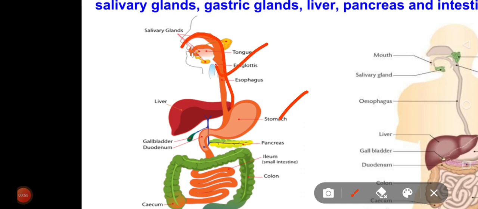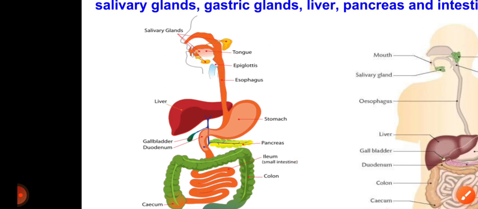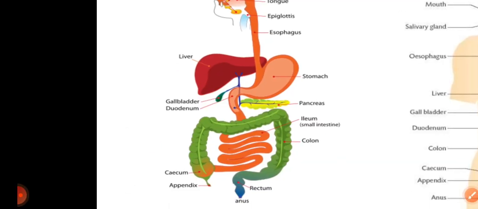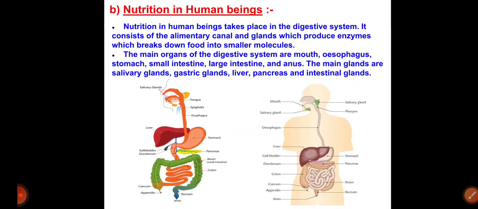So we can see here the digestive system, which includes the stomach, our complete esophagus, that is the food pipe, and then duodenum, jejunum, ileum. These are the parts of the small intestine, and then the large intestine: cecum, colon, and rectum. So these all are the parts of our digestive system. The digestive system also includes glands, because glands also play a very important role in digestion.